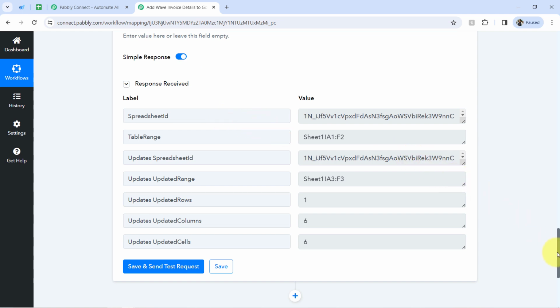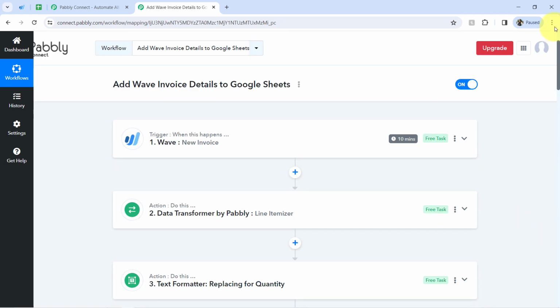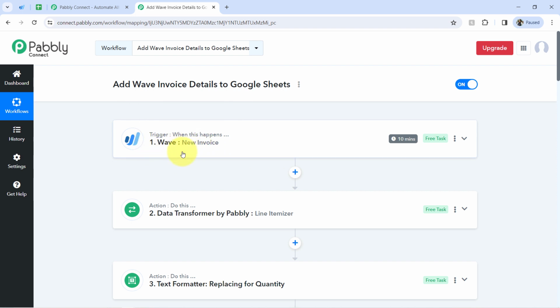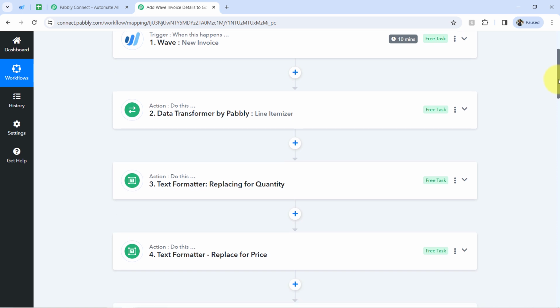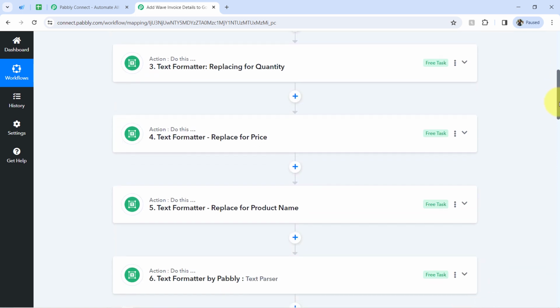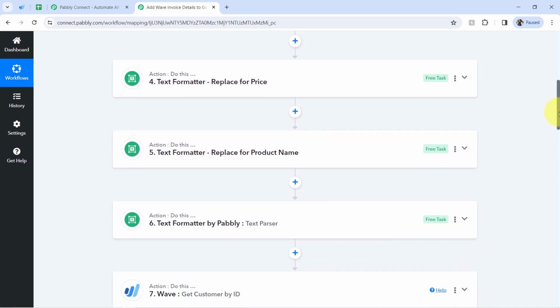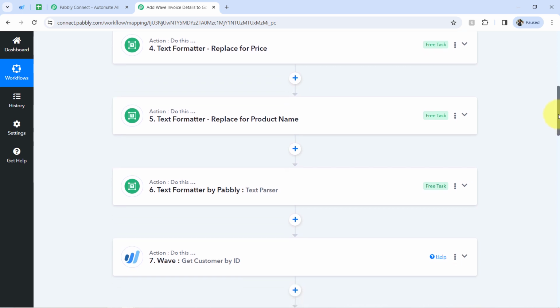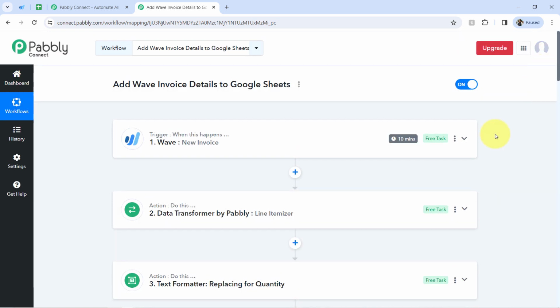Okay, so in this way, with the help of Pabbly Connect, you can integrate Wave and Google Sheets and collect the invoice details in Google Sheets automatically. Okay, and just in case if you want to collect the invoice of a single product only, you do not have to provide these steps, basically this data transformer and this data text formatter step. In such cases, you will have to create only a two-step automation and your work will be done. But if you want to collect the data of multiple products, you will have to create the 7-step automation inside